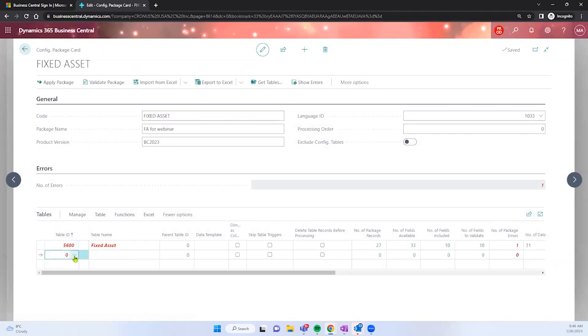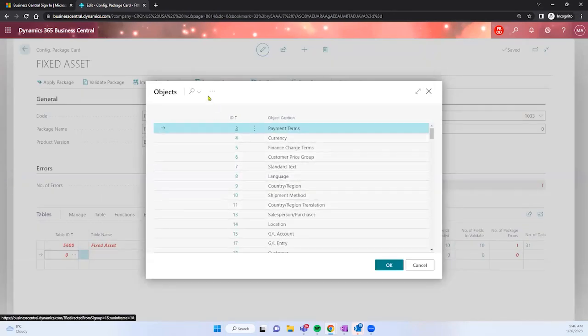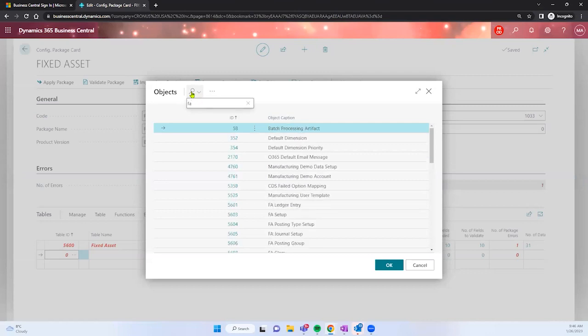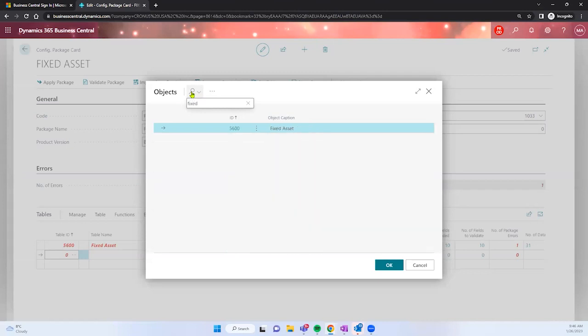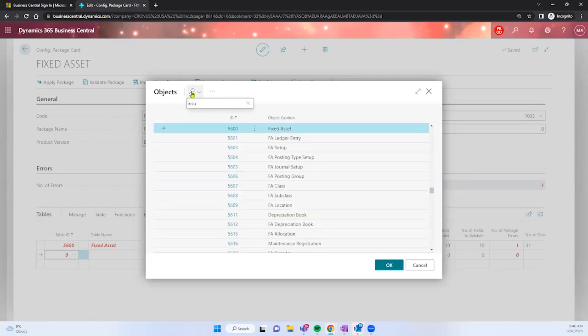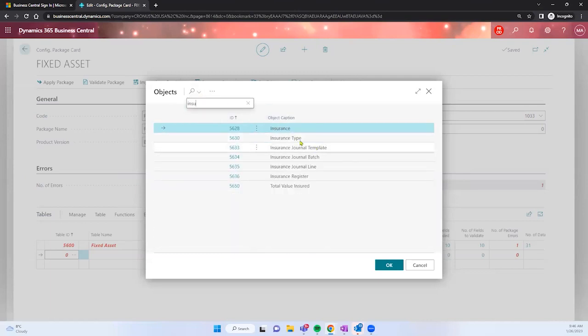Talking about fixed assets, I would need to open my acquisition cost, depreciation, or opening balances, and also insurance, because in this ERP we manage the insurance and maintenance for your fixed assets, just to mention that. Let me show you insurance, insurance types, and different entries or different tables that are related to this actual